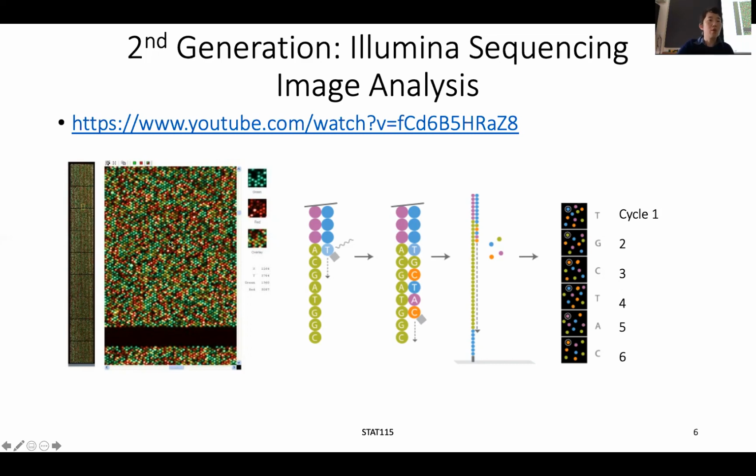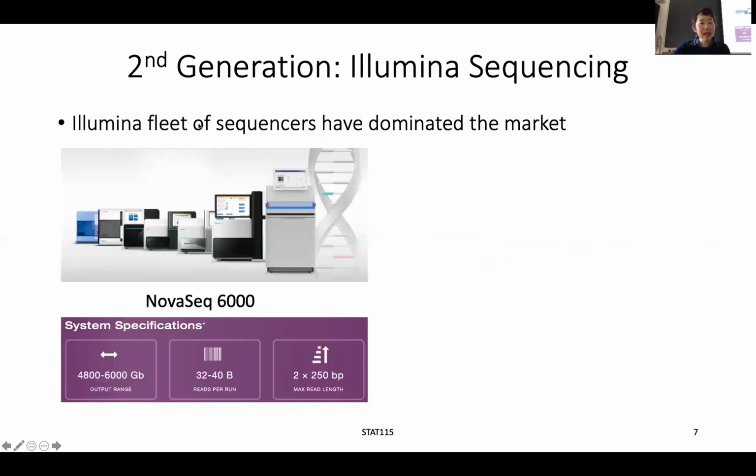And so with this, we can sequence hundreds of millions of DNA sequences on this one flow cell at a time. And that's why it's called massively parallel sequencing. And this is totally different from the first generation, where we sequence one at a time, another one at a time. Right? And so right now, the market-dominating company is Illumina, and they have a fleet of sequencers from